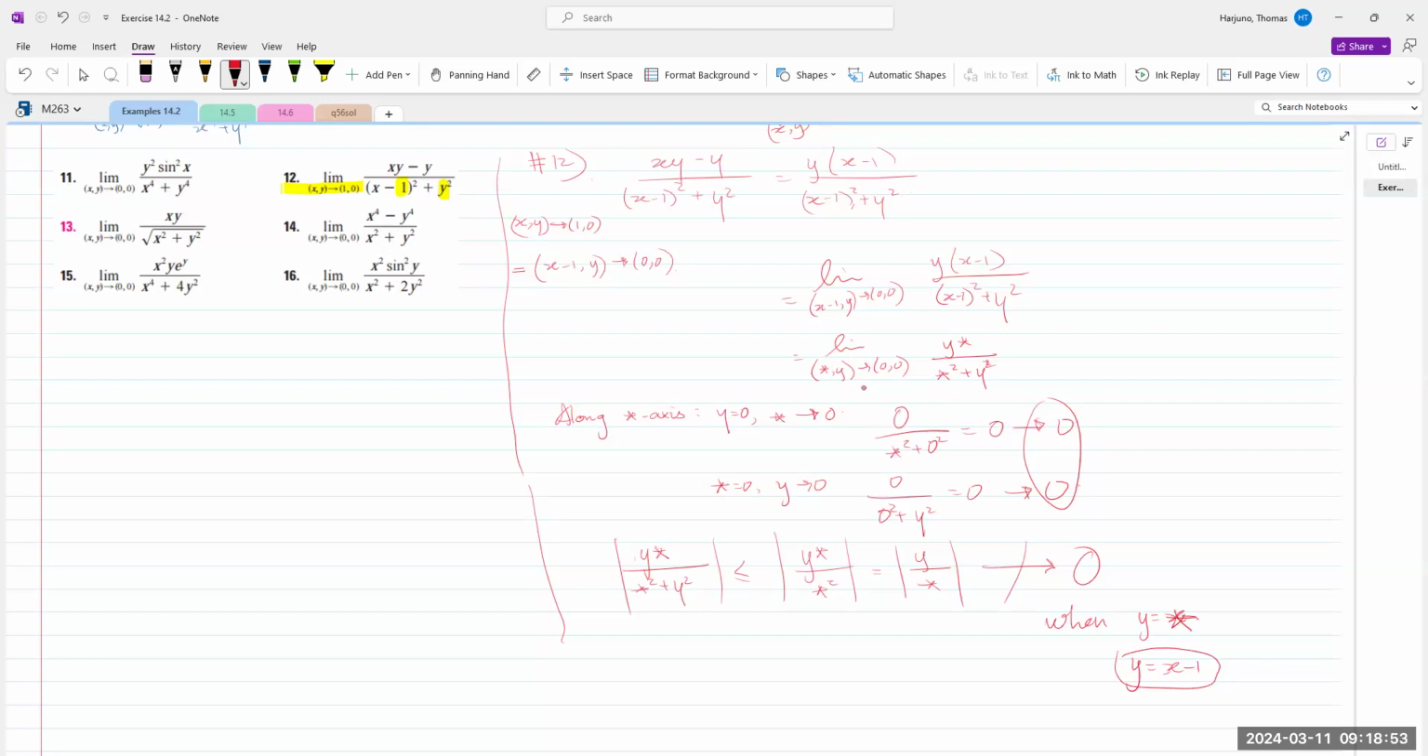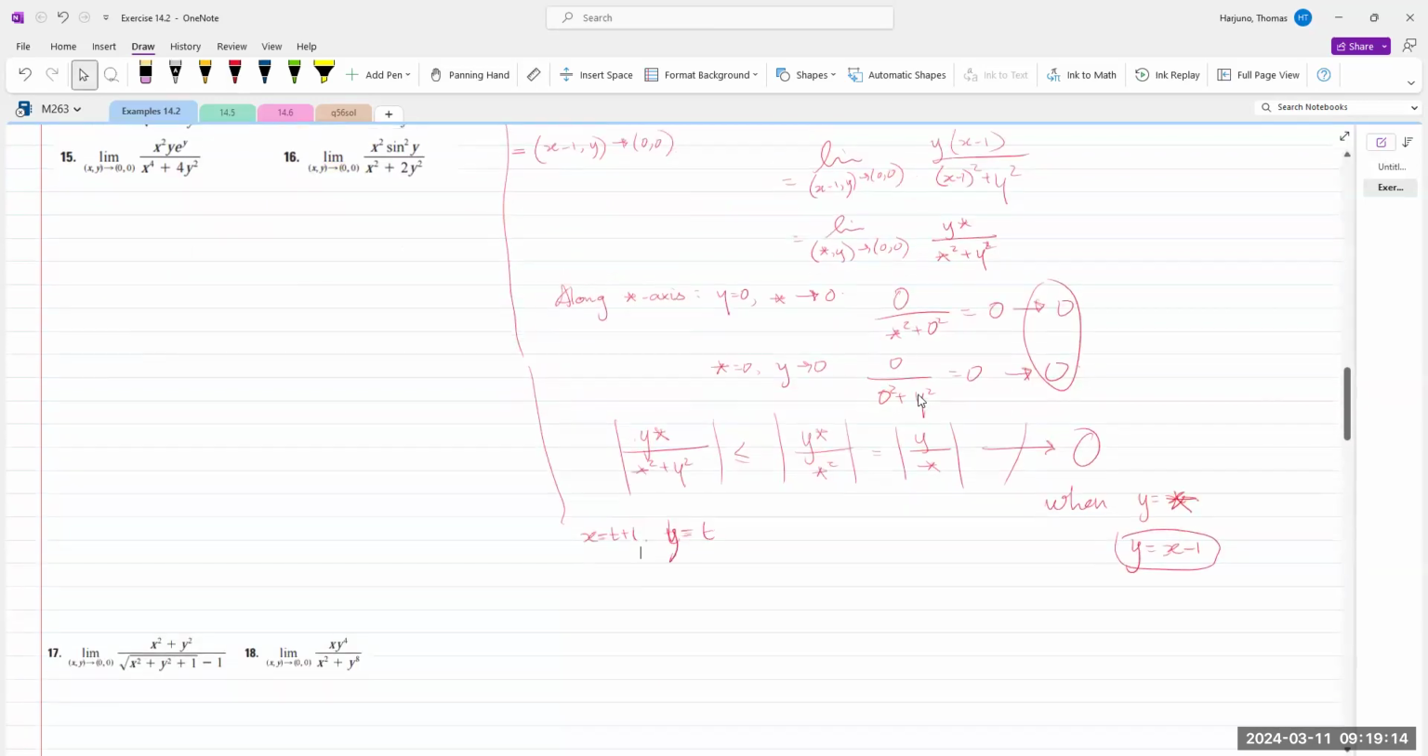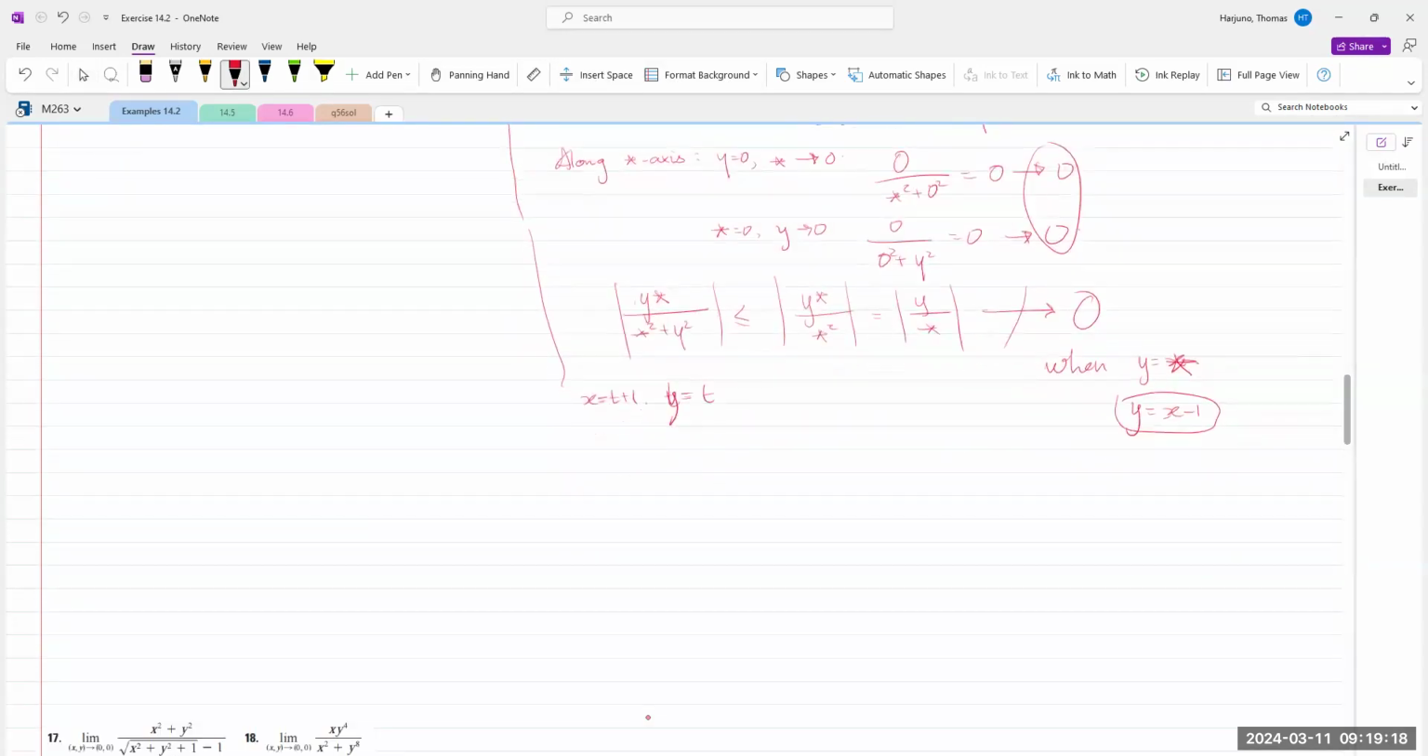okay, so how do we parameterize that? If our y equals t, then our x will be t plus 1. Okay, let's try. This takes a lot of space. The scratch work is a lot longer. So if I go t plus 1 comma t, if I go along this path, then